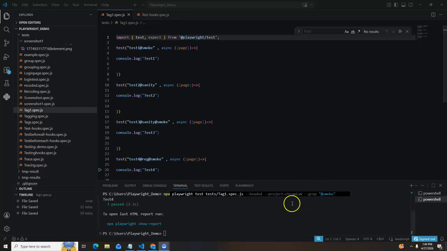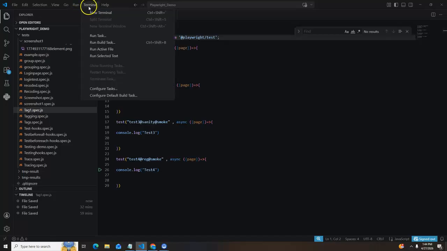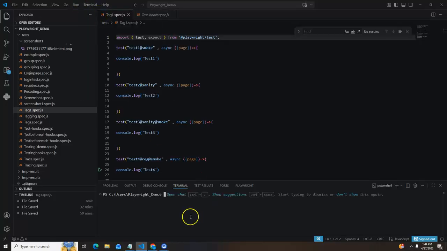So the issue was like PowerShell, I have deleted it and then it started working fine. Let me show you. So npx playwright test and file name tag1.spec.js and headed